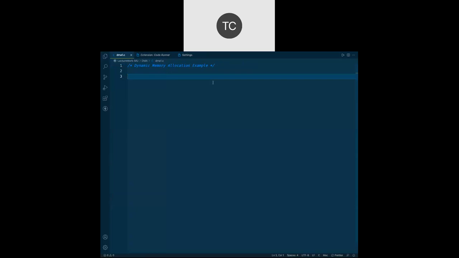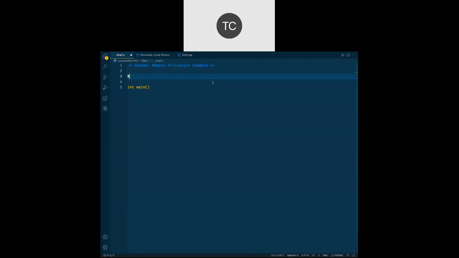Now one thing first: Turbo C can go for void main, but here I'm using the GCC compiler, so I need int main.